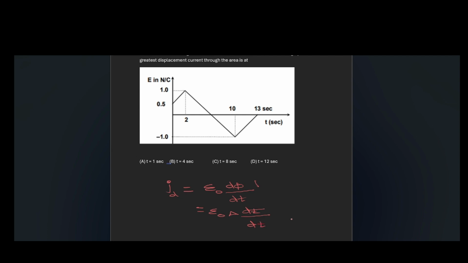Okay, so this is the electric field stored between the plates of the capacitor,